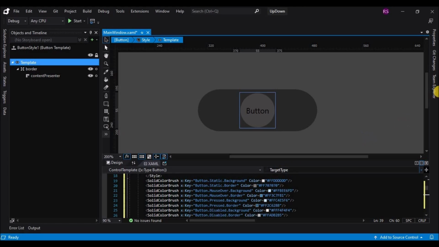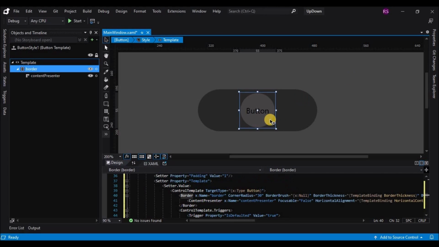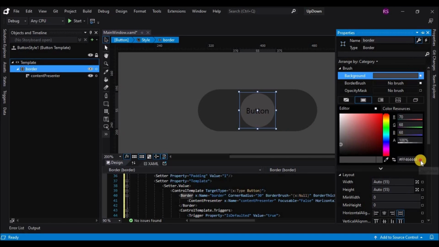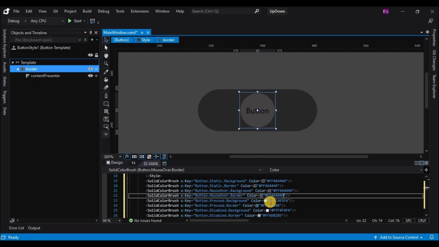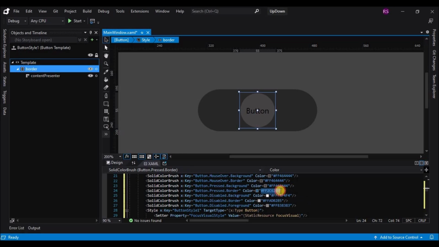So I don't want any animation or color change when I hover or press the button. So I will select the color that I've set for the button and set it for all the events here. So I will just copy that color and paste it here so that I don't get a highlighted color when I hover over the button or press the button. Okay, so that is done.